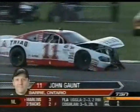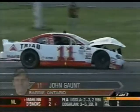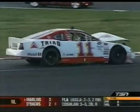Pointed to the outside. I gave him the outside. He drilled me. Wow, that's John Gaunt saying that the 0-2 drilled him coming off of turn 4. When he pointed to the outside, he was going a lap down. Let's have another look at it, and we'll decide. It's a hard hit, we know that for sure, but